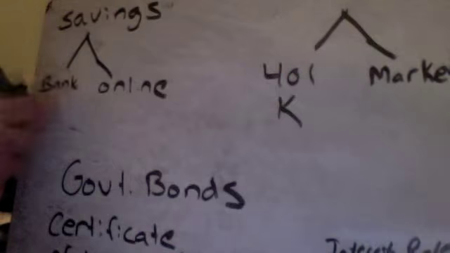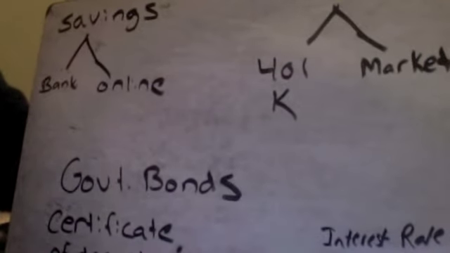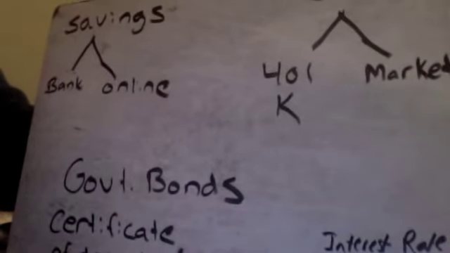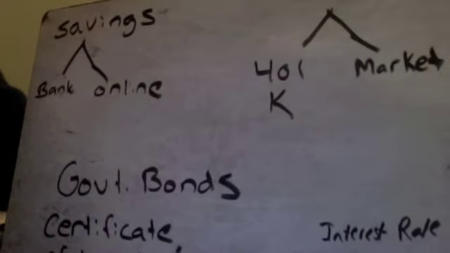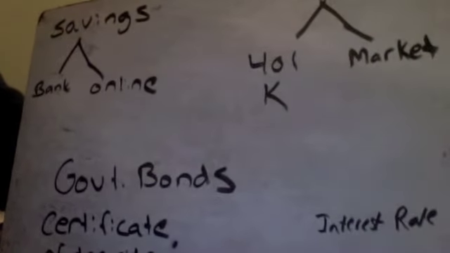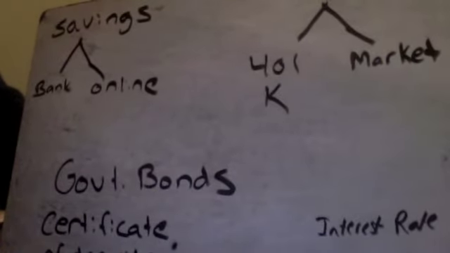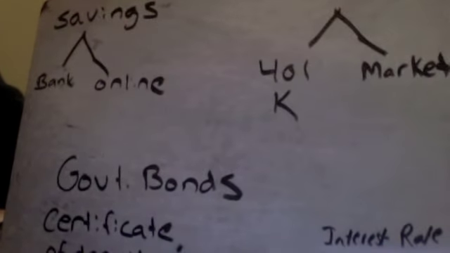You are not going to make a whole lot of money putting your money in a savings account. So you ask, why would you do it then? You do make more money than just having it sit at home in a jar. Think about that. You could make 1% a year, 2% a year, depending on what kind of savings account you have, and it doesn't seem like very much, but to be honest with you, if you have your money up in the bank, you can just set it up there and let it make $20 or $30 for you for the year. I mean, that's $20 or $30 you didn't have before.